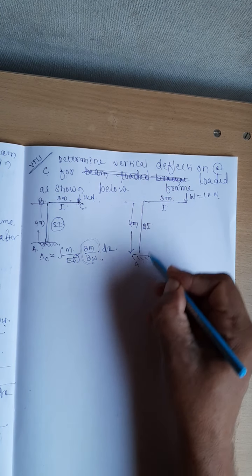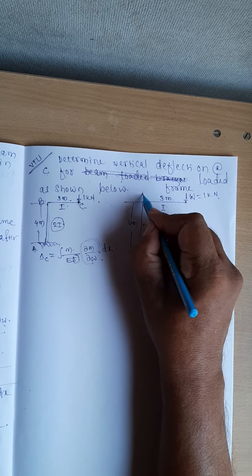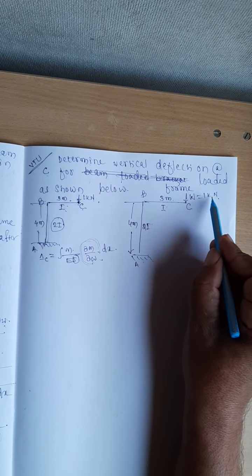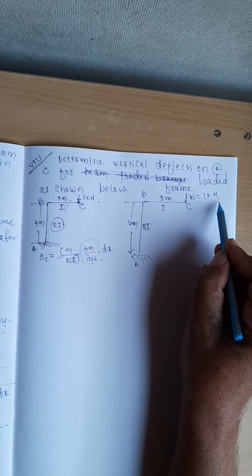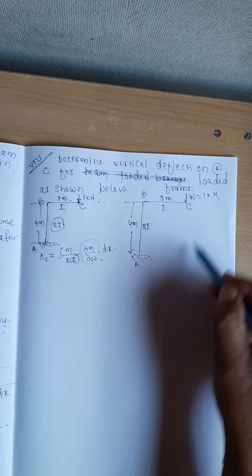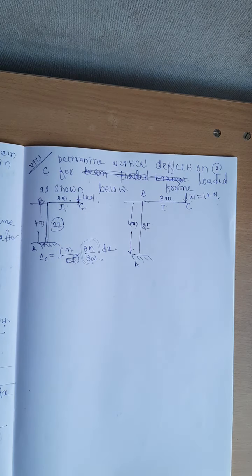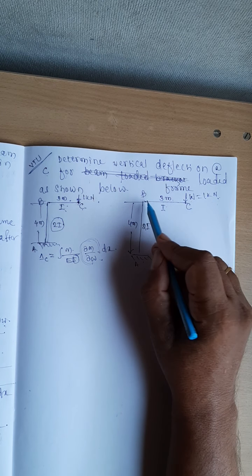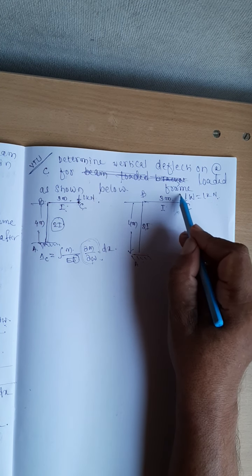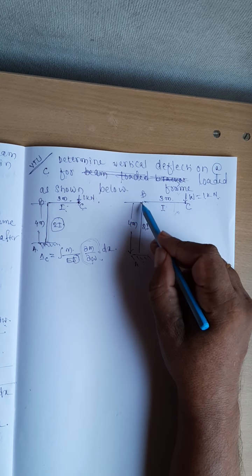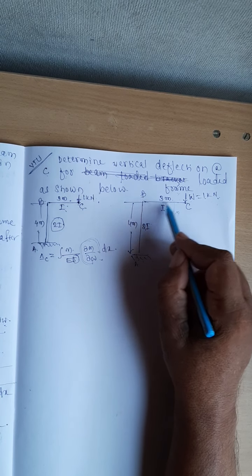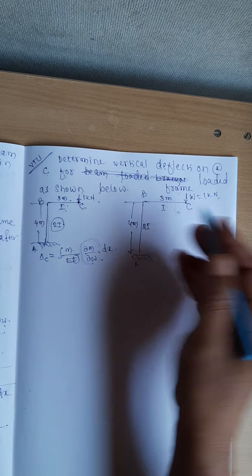Yes, A, B, he wants the deflection at point C. What modification did I do here? He has given a load equal to 1 kilonewton, but I called this W. I'll do the calculation. At the end, I'll put W is equal to 1 kilonewton. Yes, friends, when I am moving from B to C, the expression for bending moment is different. And when I am moving from B to A, the expression for bending moment is different. That is why I need to consider the two parts as usual.